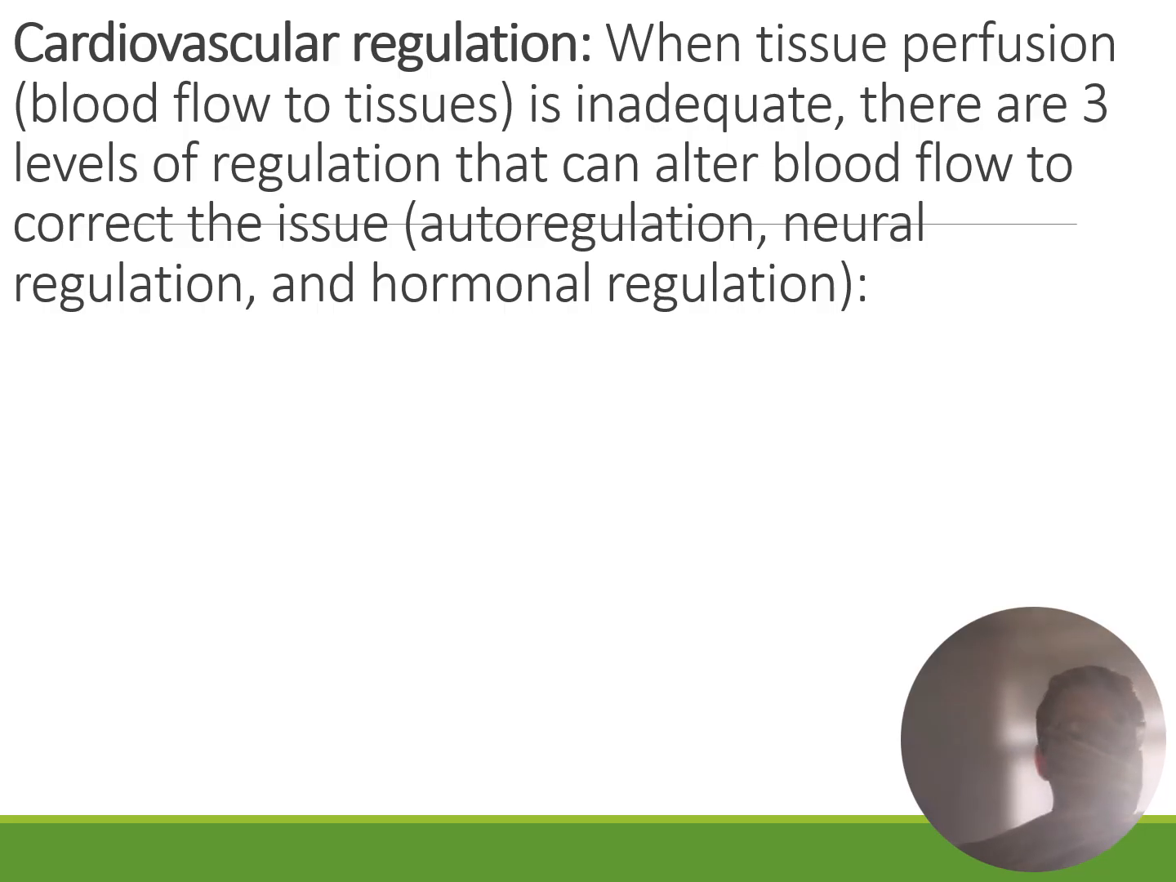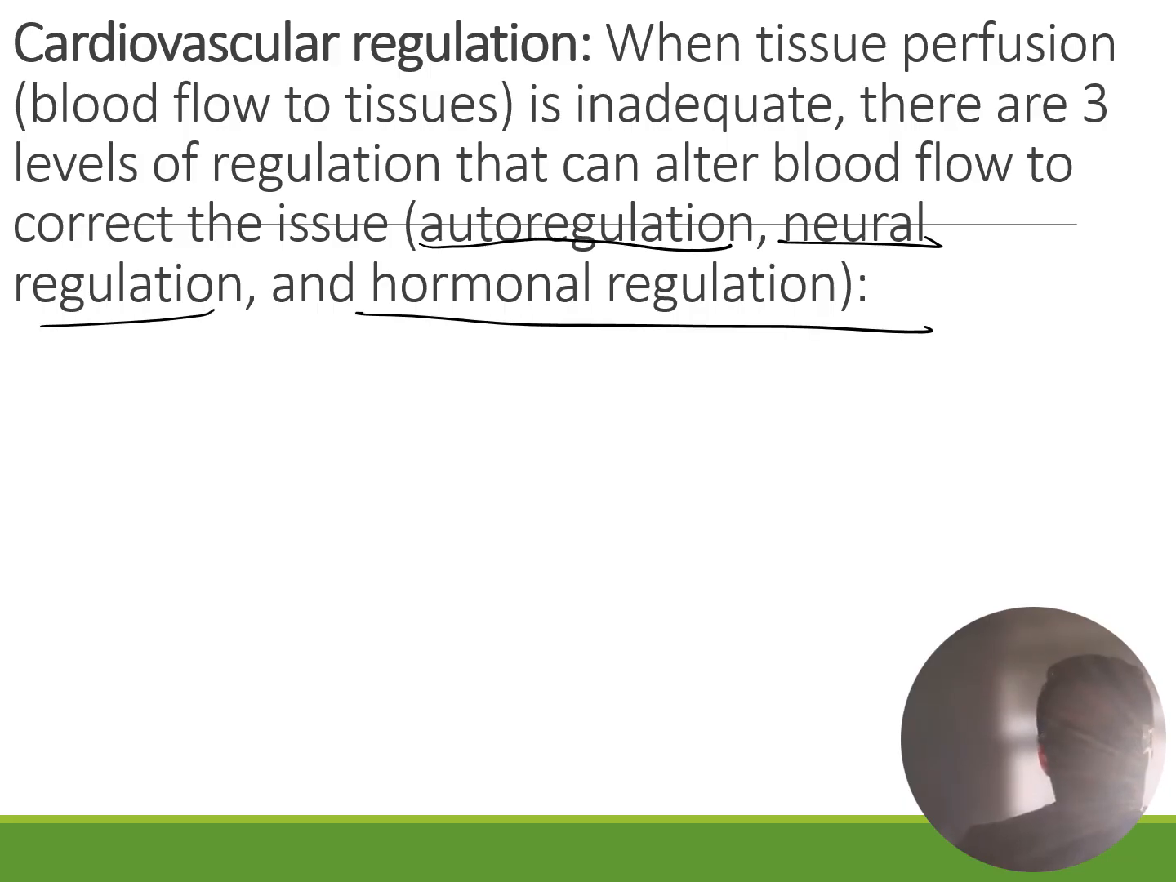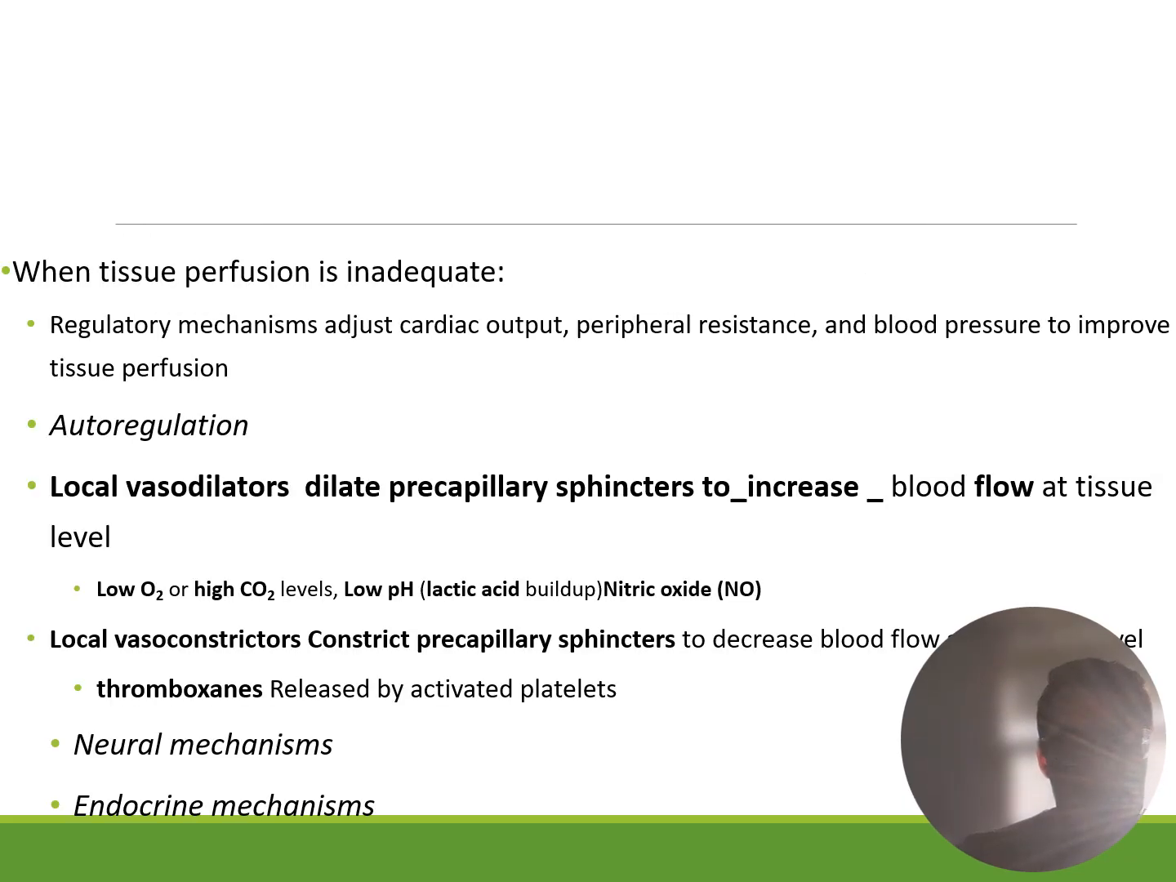Cardiovascular regulation. When tissue perfusion, and we're talking about blood flow to tissues, is inadequate, there are three levels of regulation that can alter blood flow to correct the issue. That is autoregulation, neural regulation, and hormonal regulation. So when perfusion is affected, there are three regulatory elements: autoregulation, neuronal, and endocrine. So within autoregulation, we talked about